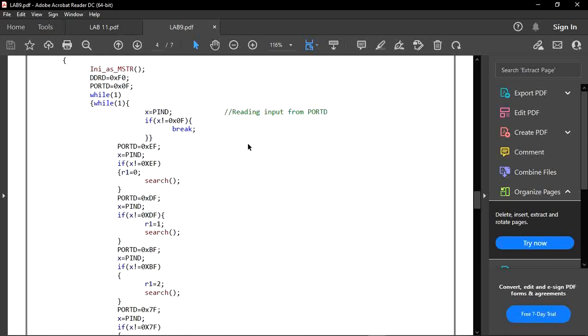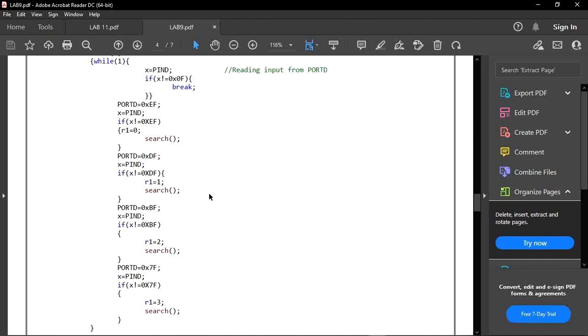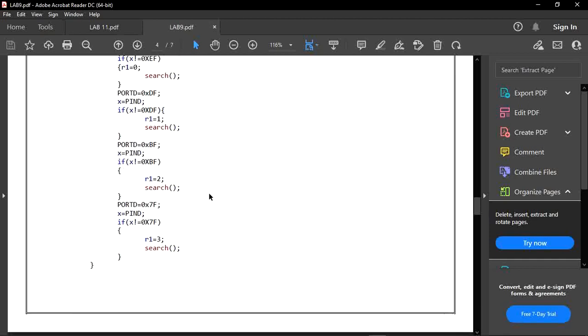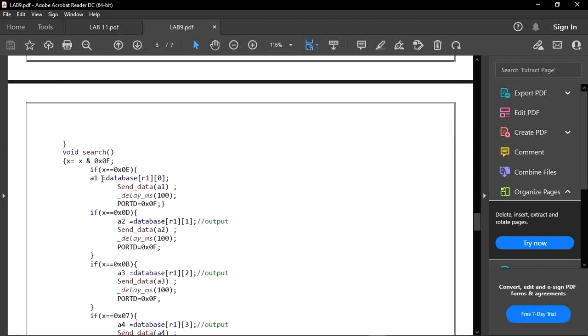So the input we are giving to the port D is read by this operation, and then our port D value is sent, such as if 0xEF is sent to the port D, then it will print D, then this operation is converted to X, and then X will compare its equation. If it is 0, then it will return, and then again it will search. So if 0xDF is sent to port D, then print D data is sent to the X, and then it will compare and again search, and so on with 0xBF, 0x7F, and after it will move to our next row,